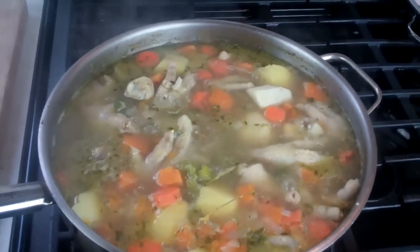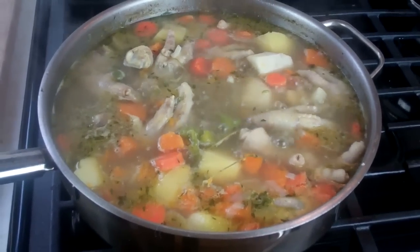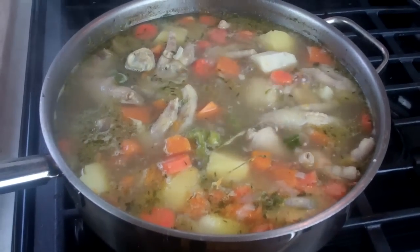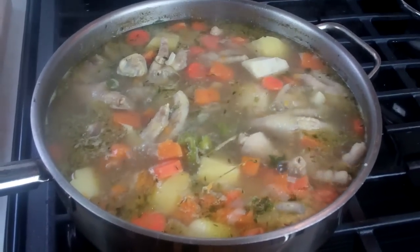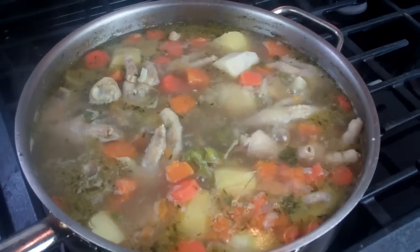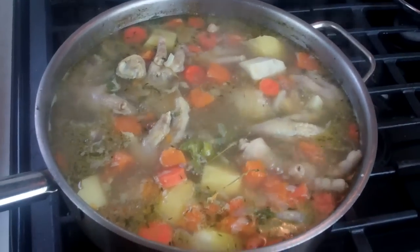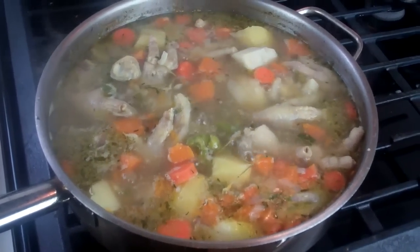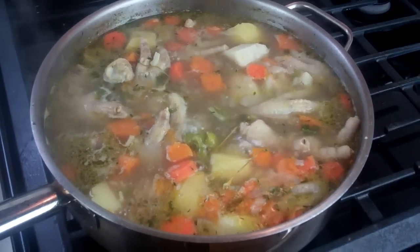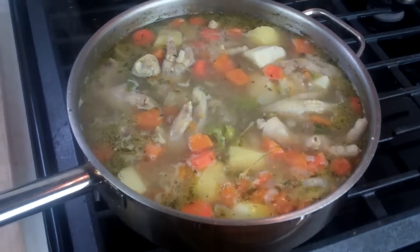It's been going now in total for about 50 minutes. It's all done. Remember, at this point, check it for salt, adjust accordingly. And also, if you want to add flour dumplings, I ran out of room. My pot just simply isn't big enough. And honestly, I'm too lazy to make flour dumplings, but flour dumplings would go in here. 1 cup of flour, a pinch of salt, and some water. Make it into a dough, and then you'll pinch off pieces and put it in there 10 minutes before the